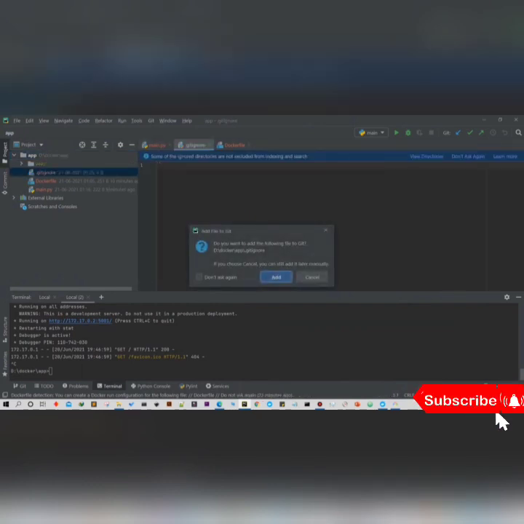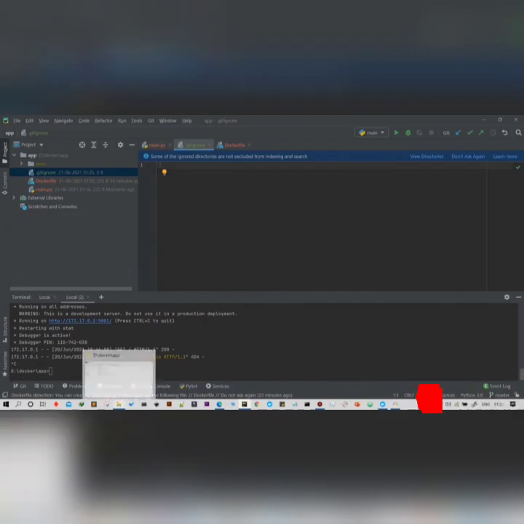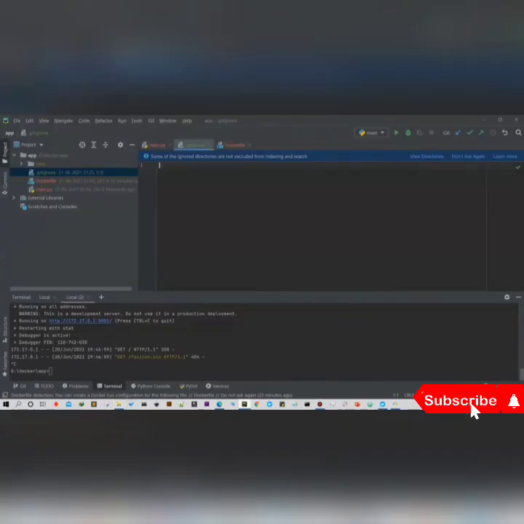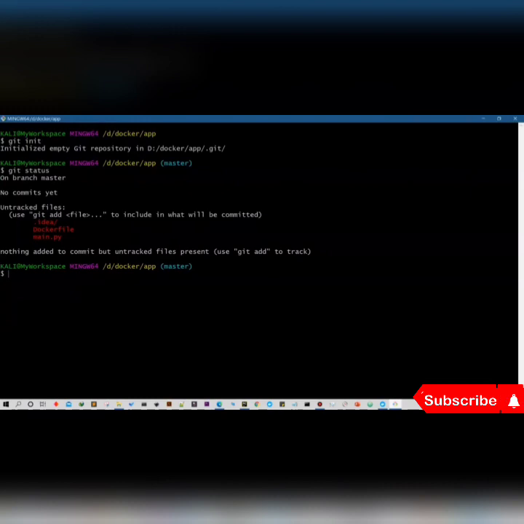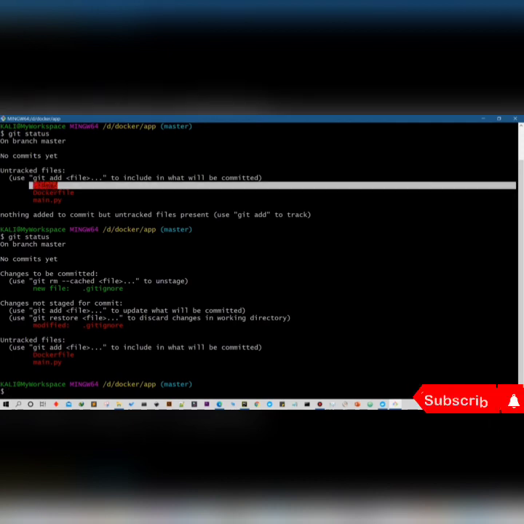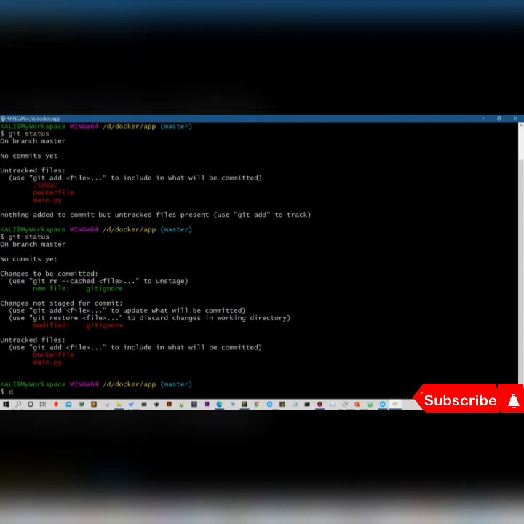This is a file where you can keep the details of all the files and directories which you don't want to push into GitHub. Here is one directory that I don't want to push, so I'm going to copy it here, and yes, it's very easy to do. Now let's check the current status, and you will find that the .idea directory which was showing earlier is not there.